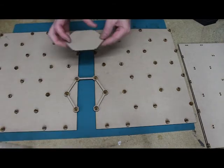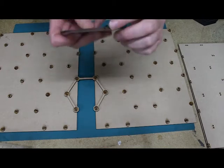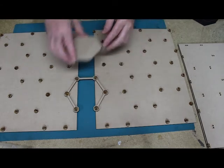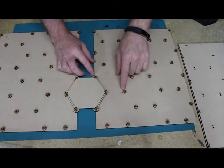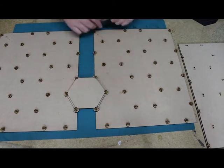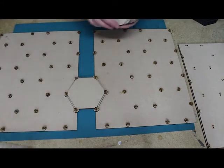Now the hexes themselves have got corners cut out of them. If you look at it like that, you can see there. And the idea is that they sit on top of these larger circles, with these smaller circles actually providing links between them. So you can see that hex is sitting there. If I grab a pile of hexes,